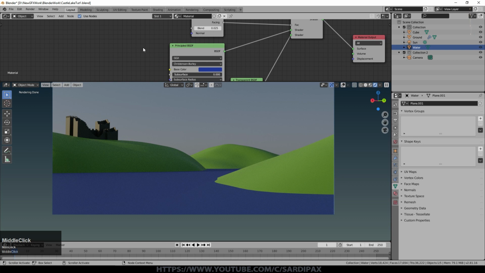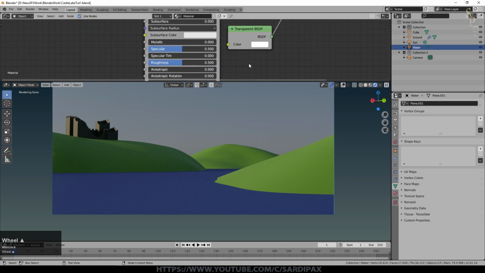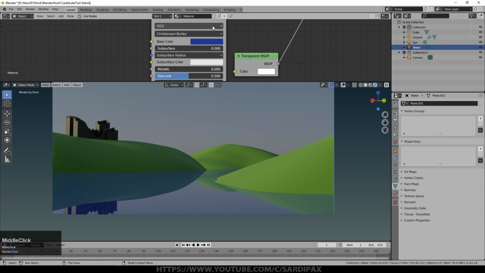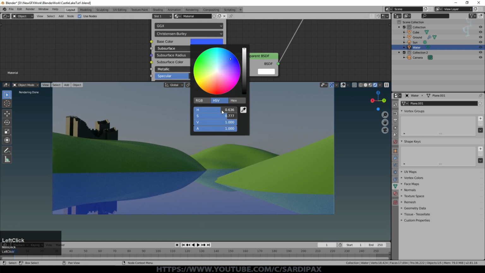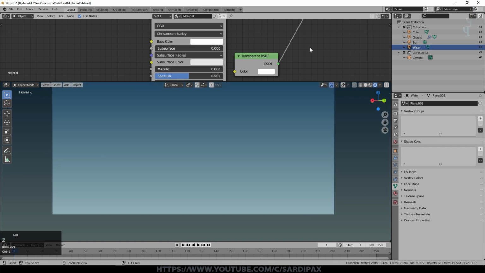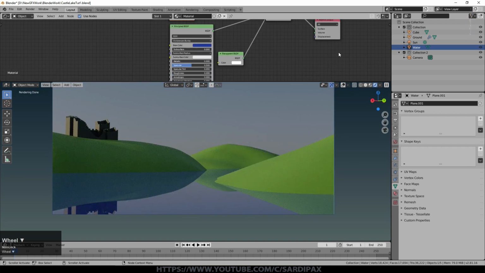We'll be putting something into that normal input in a moment. At the moment the water is very rough, which is why we're not seeing any reflections on it. So if we turn the roughness down to 0, now we're seeing a perfect mirrored reflection. It's coloured slightly because we've got a coloured water, and strictly speaking that should be white with no colour at all. That's actually more accurate for water, but it also makes it look a little bit like milk. So for artistic reasons, I went with this. This isn't currently about creating perfect photorealism.